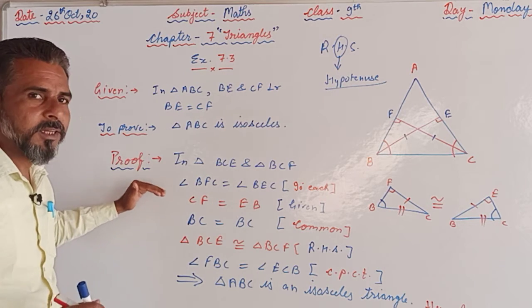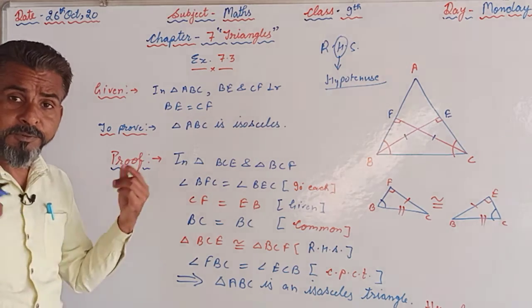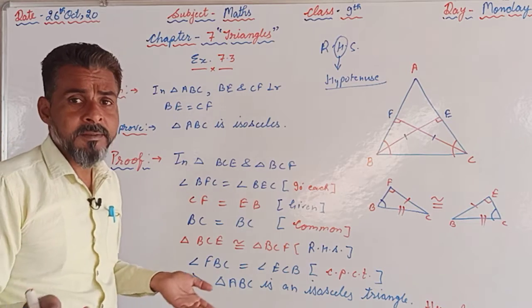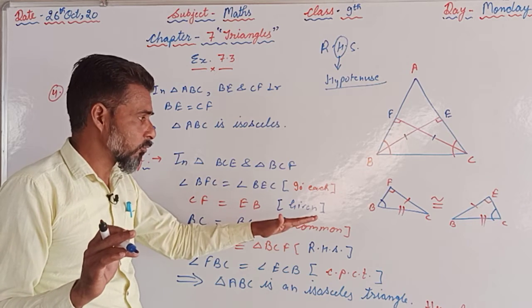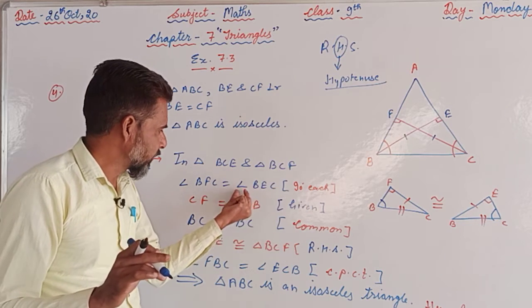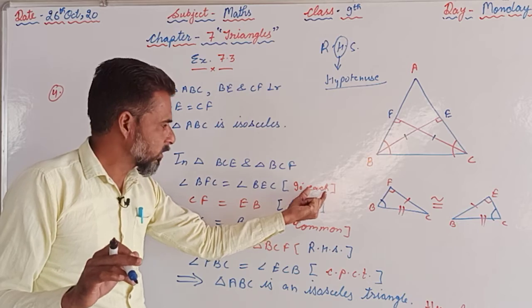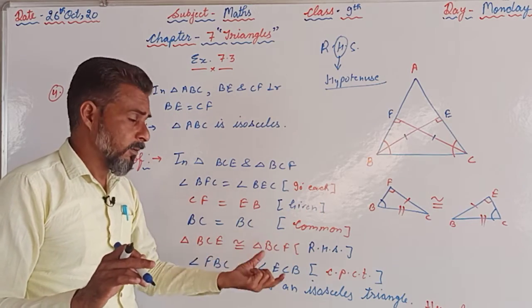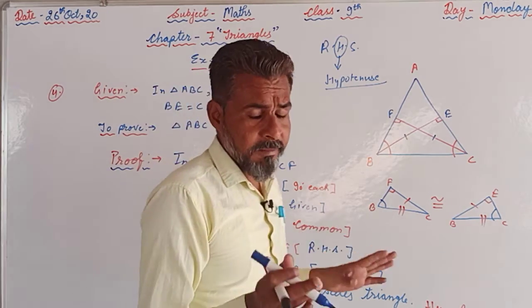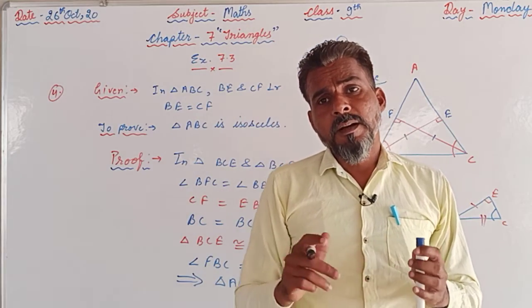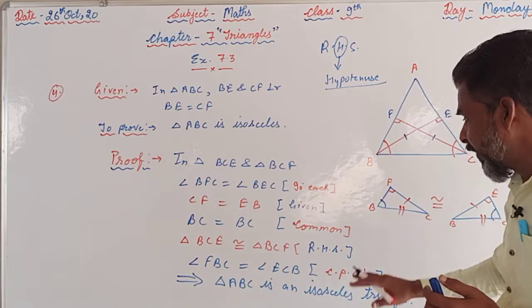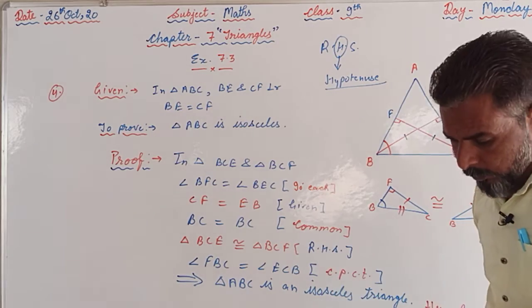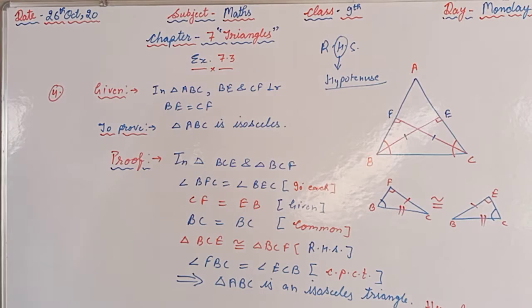Then in the proof, whatever statement we are writing there, we are supposed to write the reason for that in front of that statement in the box like this. And afterwards, if you are comparing the triangles and proving them congruent, then we are supposed to supply the criteria for that, as in this question we have used the RHS. So like this we can proceed with the question.